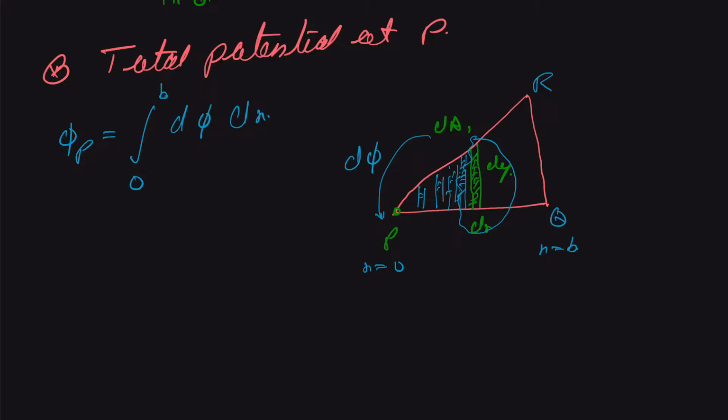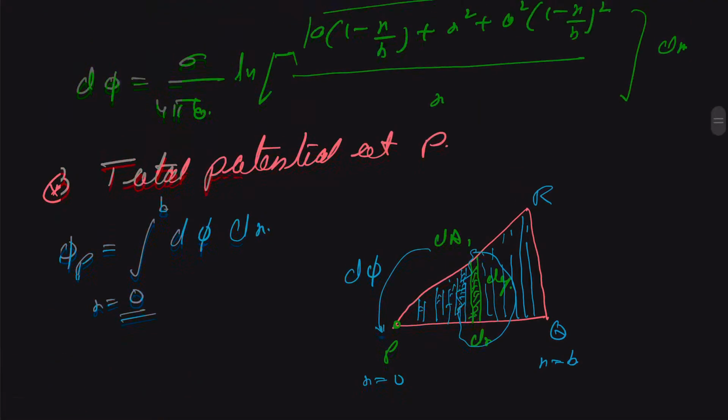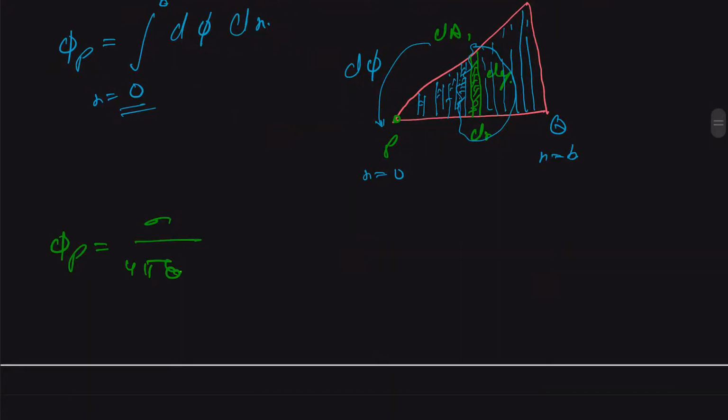Then we are going to divide this entire PQR in n number of strips. Okay. So we are simply going to add them, which we are doing with the help of the integration, and our limits are going to vary from x equal to 0 to b. Okay. Now we substitute our d phi. So we get our potential at P will be equal to sigma upon 4 pi epsilon naught, and this is our integration from 0 to b, natural log of